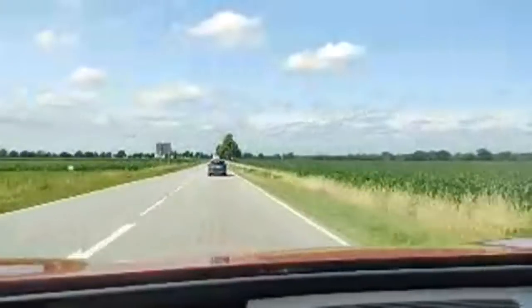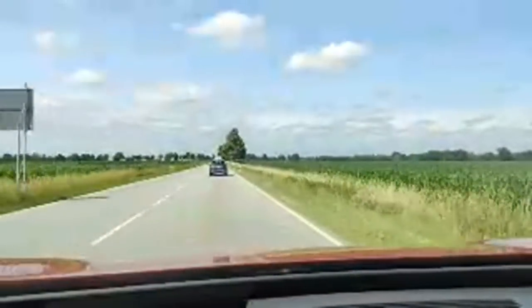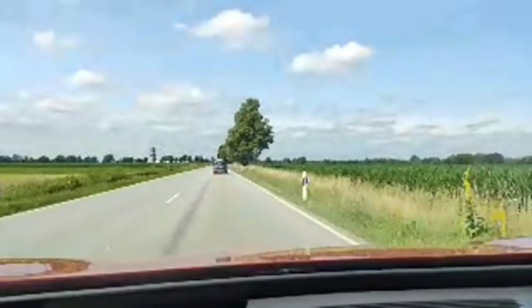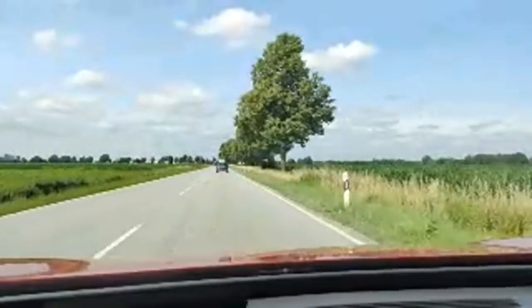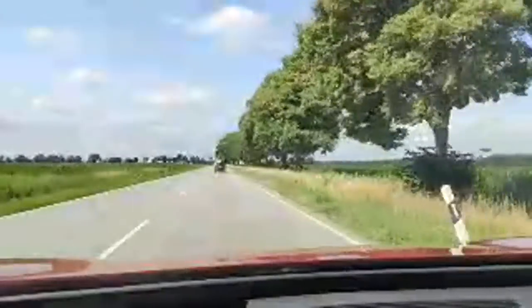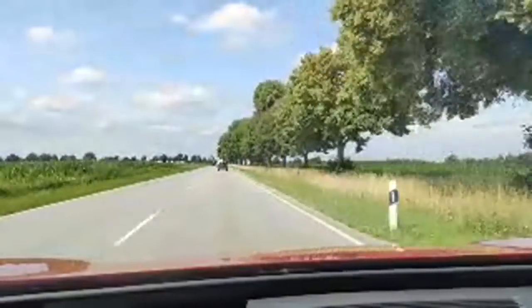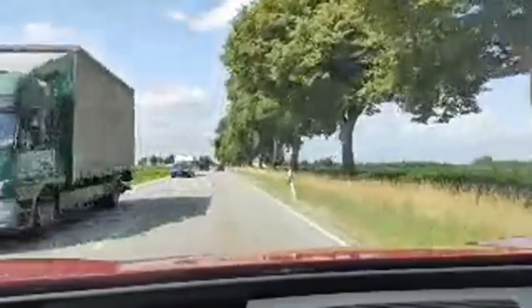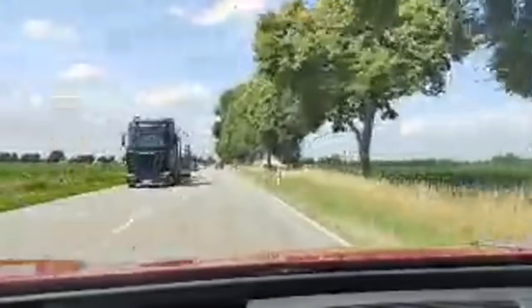Are there any questions? Anything you wanted to know or see? I mean, I showed everything. It's the same as the normal ID.4. Inside, outside, just with a tiny different design, but really tiny. Same software, just all-wheel drive. And you can do this. Let's drive a bit slower. 80 and...